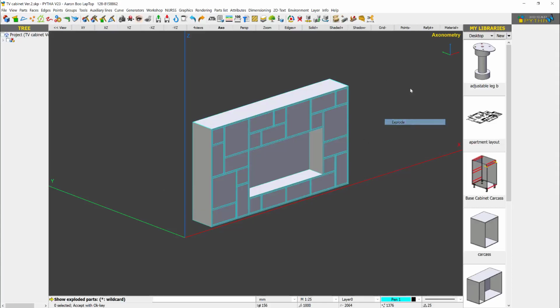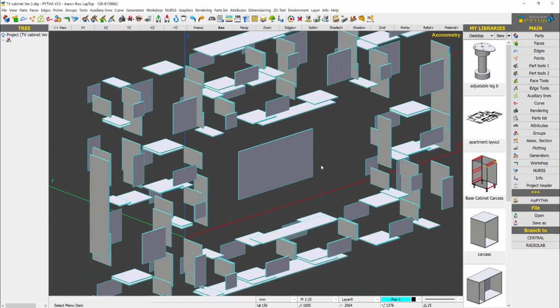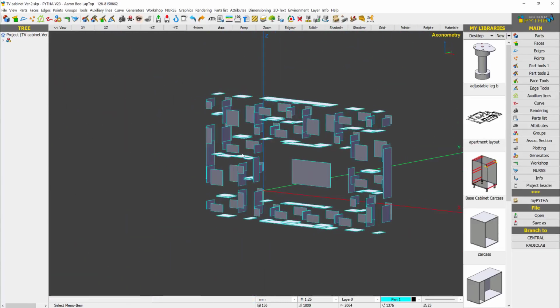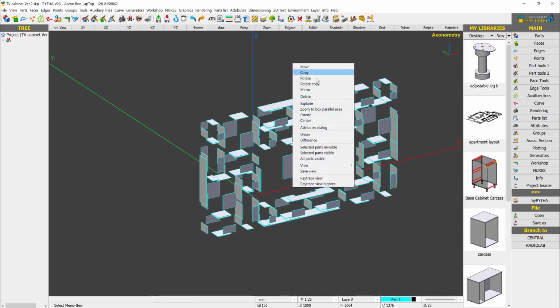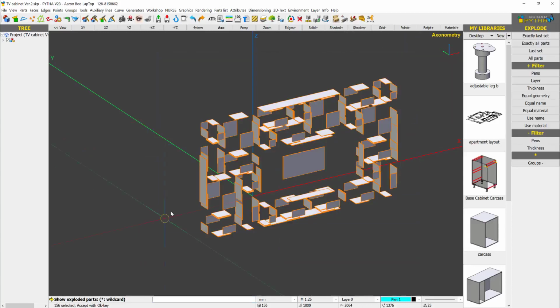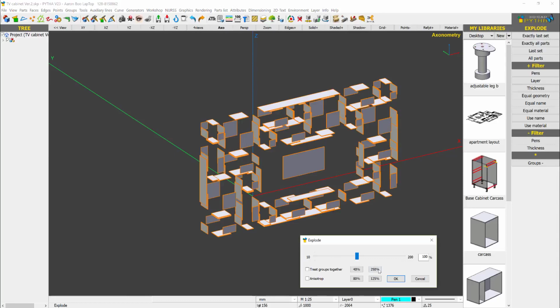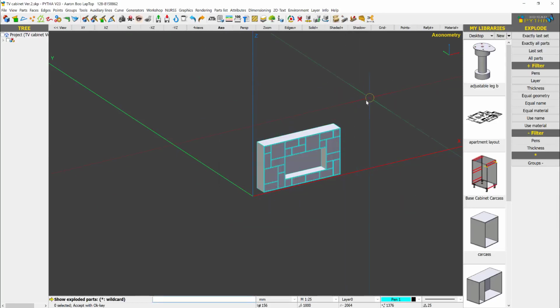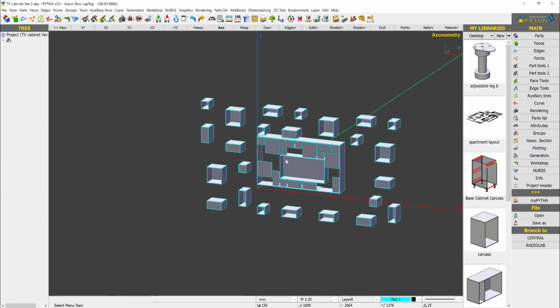If I were to explode the model and select everything, instead of dragging this sliding bar, I would just press 250. So now you can see the model explodes. But this is not what we want because I want it to retain its group. So I come back to explode again, and instead of clicking 250, I click 40. Okay, and then next we explode again, but this time we say treat the groups together. So if you notice, the groups